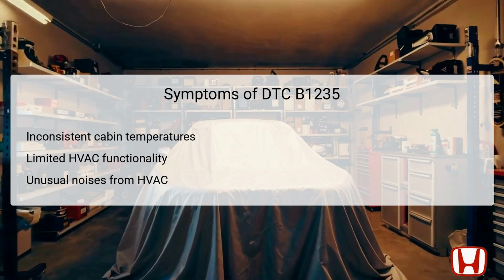When DTC B1235 is present, several symptoms may manifest in the vehicle's performance. One primary indication is inconsistent cabin temperatures. The driver may notice that the air conditioning does not regulate the temperature effectively. Additionally, the heating, ventilation, and air conditioning (HVAC) system may exhibit limited functionality, making it challenging to attain desired climate